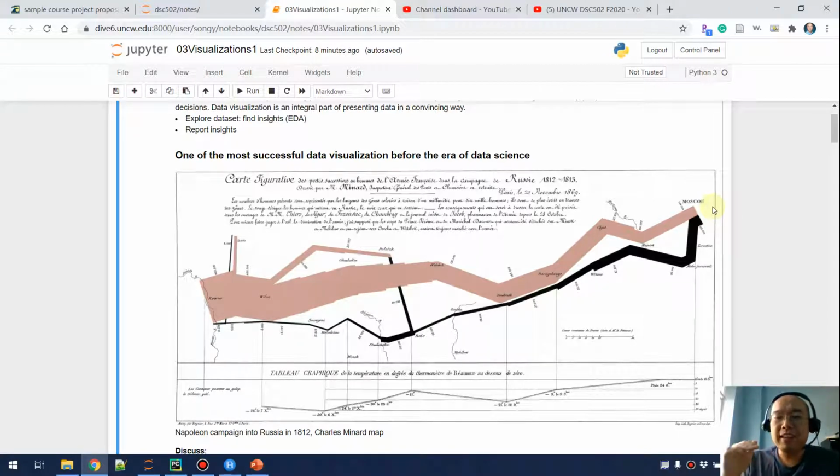But on his way going back, number one, the winter came, and it was really cold, and they didn't have enough winter supplies. And number two, the Russians found Napoleon was retreating, and they started to fight back, and they started to attack Napoleon's army. And those two factors added together, and eventually when Napoleon went back, he had lost the majority of his army, and